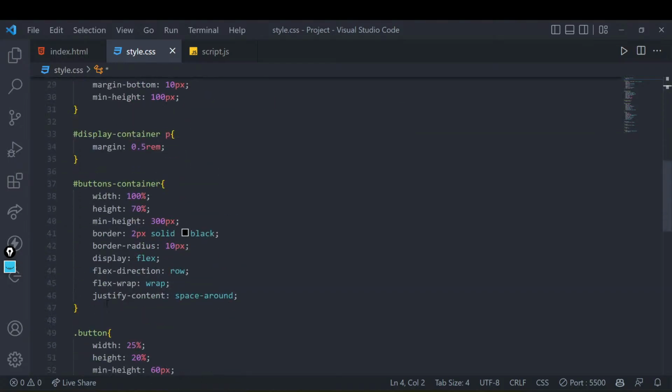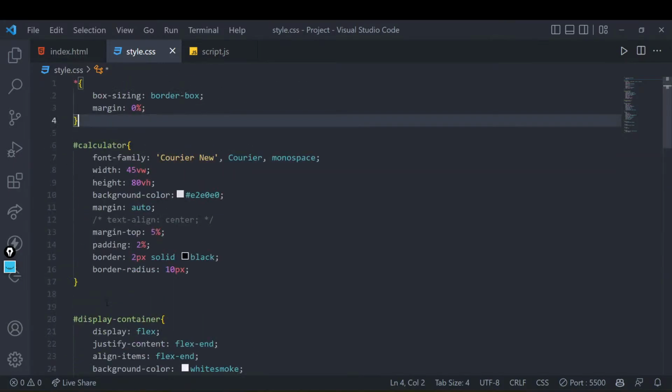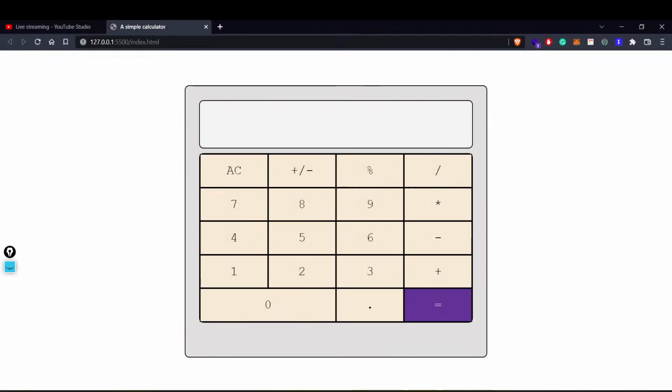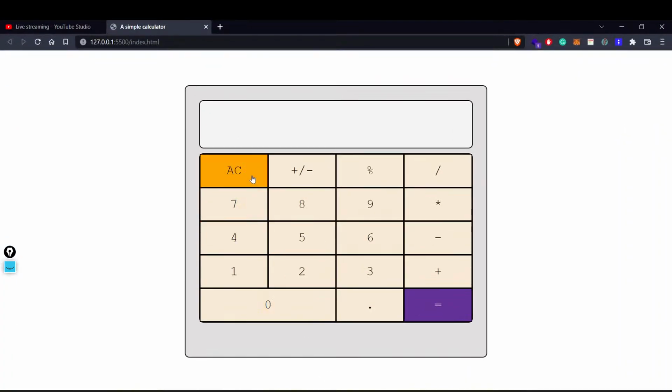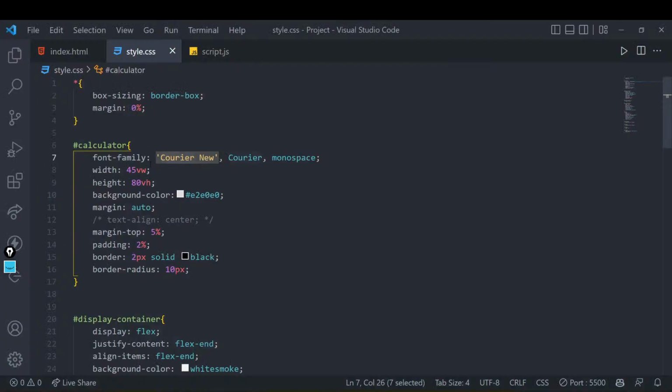Right now, these are very simple CSS that we have written. First thing is about the calculator area, the outer box. In the outer box, we are setting a custom font family called Courier New. That is why you are able to see some little fancy fonts over here. And then we have also set width and height.